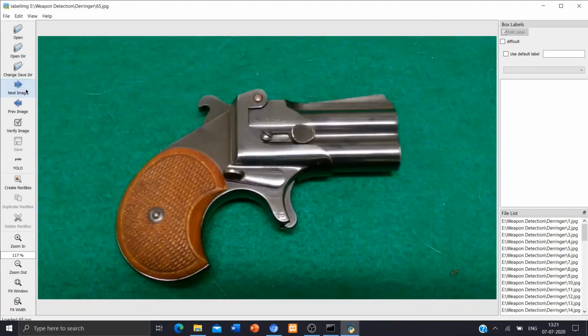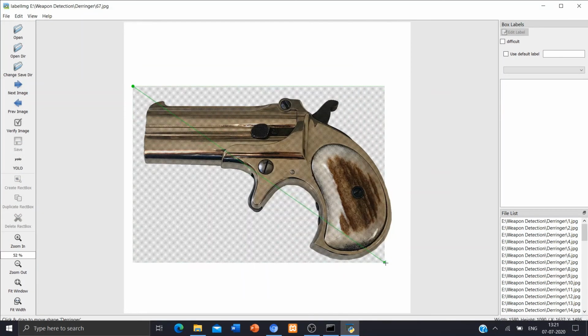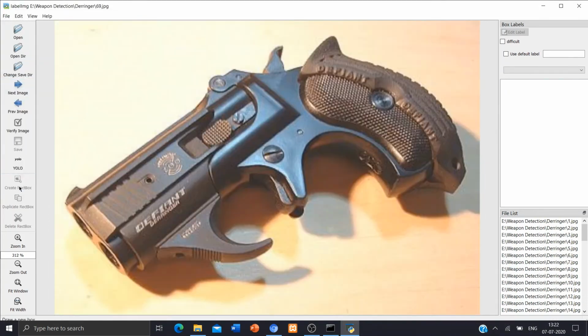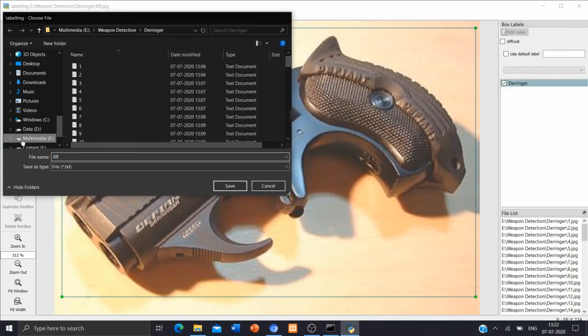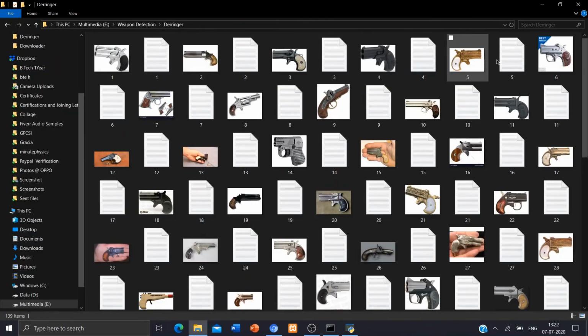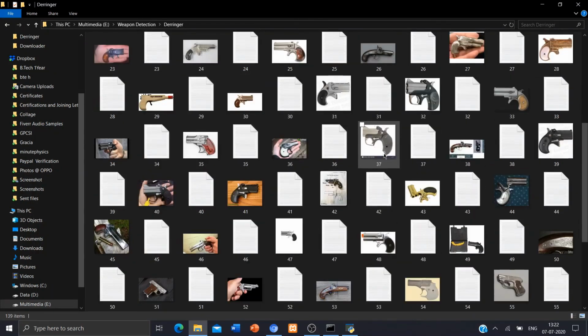Click on save. If you do not save the label, it will give you a warning that you are about to overwrite something like that. So what you have to do is save that, and the labels would be saved in the form of a txt file just next to an image. For example, if your image is named pigs.jpg, in my case I had 1.jpg, 2.jpg, so the labels for image 1 are saved next to it, that is 1.txt.